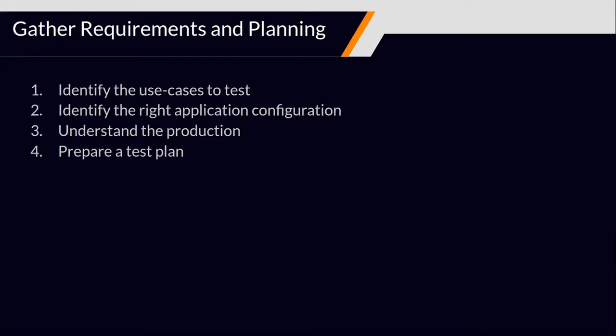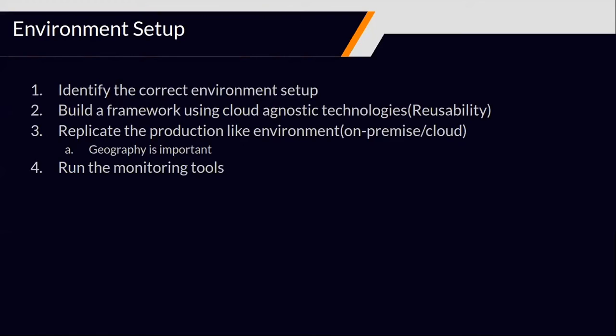And once the test plan is created, that's when we come up with the environment setup. Here we'll have to have an environment setup with minimal cost, so that we can use the same environment during every run, because during every cycle of development, during every release we'll have to do performance testing, since it's better to include performance testing as a part of our agile. So it would be better if we use the same setup every time, and we can use scripts like Terraform to automate this, so that we don't have to set up manually every time.